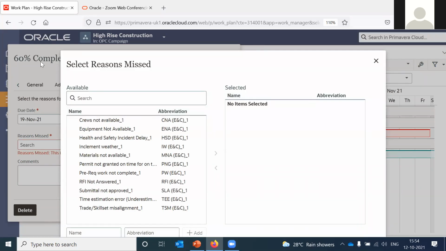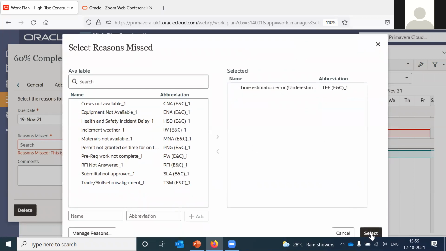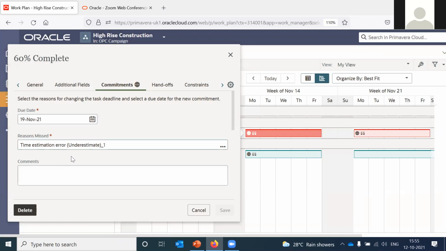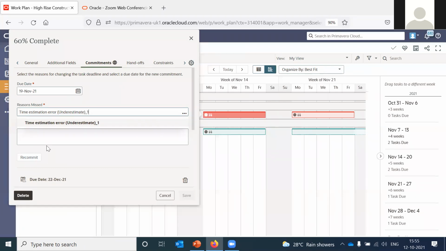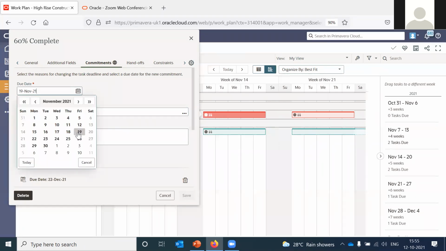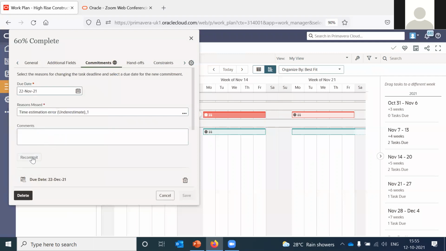So this is 60%. This is related to a drawing. You can choose the most relevant reason, and you can add them here in your list before you add it. Let's say, for example, I'll select crew is not available, or let's say time estimation error, which is more meaningful in case of the drawing. And then select. Then let me minimize the screen a bit. Then you can choose another date, let's say 22nd, and you can say